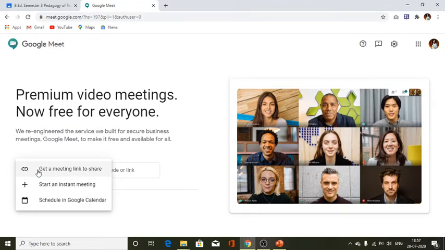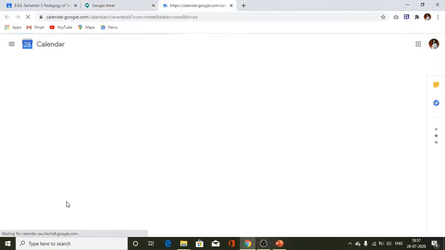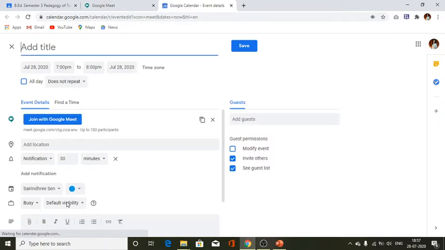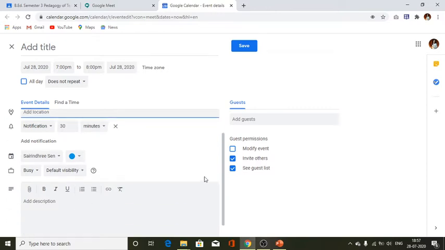Here you get three options: get a meeting link to share, start an instant meeting, schedule in a Google Calendar. Now let me just tell you how to schedule a meeting. If you want to schedule a meeting for the future, this is an excellent option where you can add location, the date, the time, the duration, and time zone.